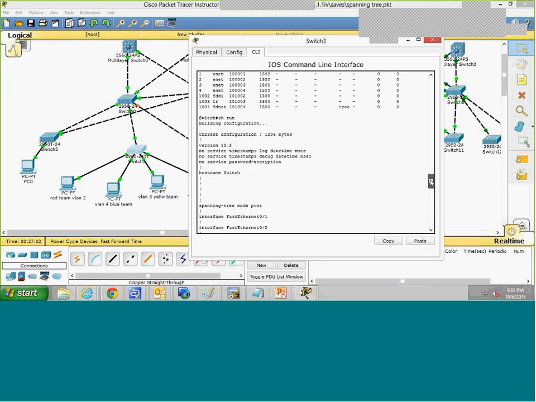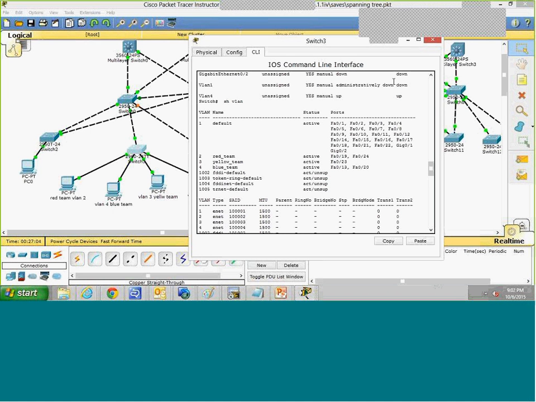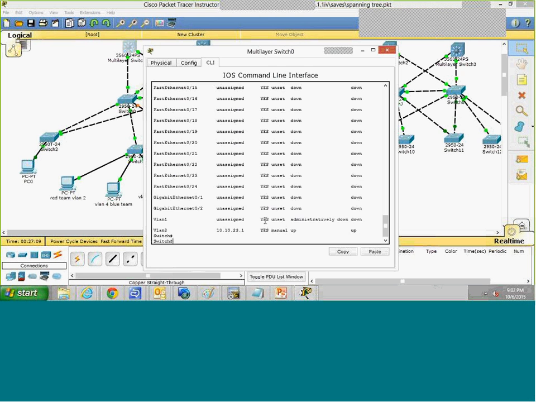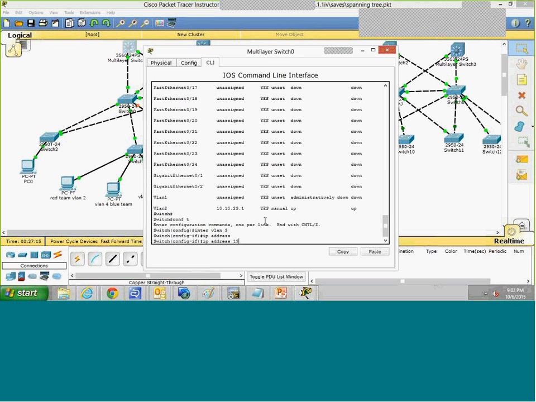There is no IP address assigned on the interface of this VLAN because these are all still layer 2. Now, to communicate between layer 2, layer 3, layer 4, we have to configure an IP address on the core. Configure interface VLAN 3. Give me any private address, for example,